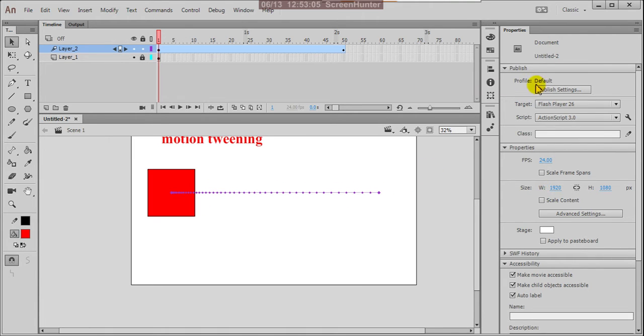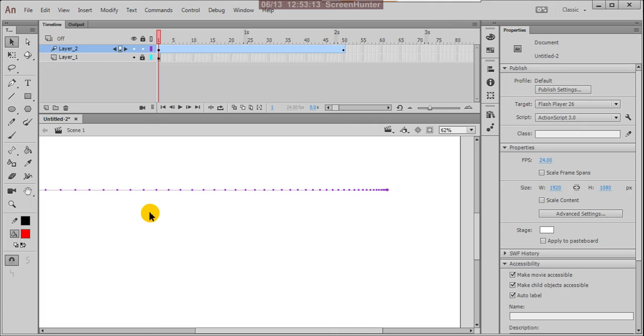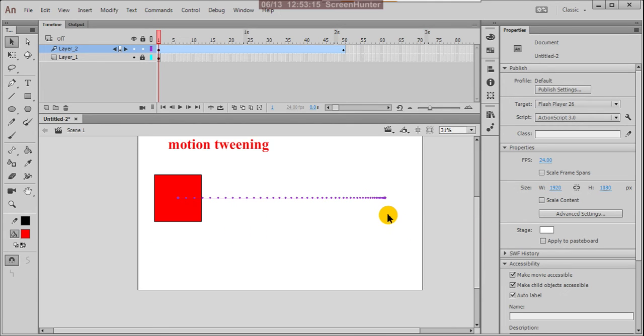Here it is reaching inside slowly, that means slow in. This is the slow in slow out method. With this principle, with this method, we control the speed of the animation.